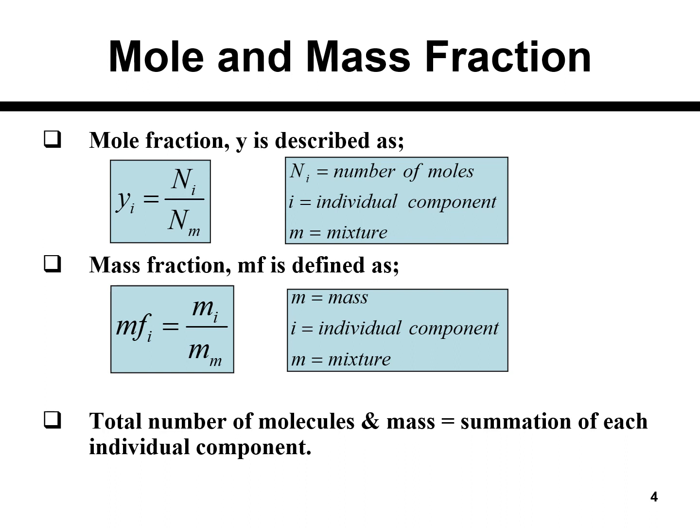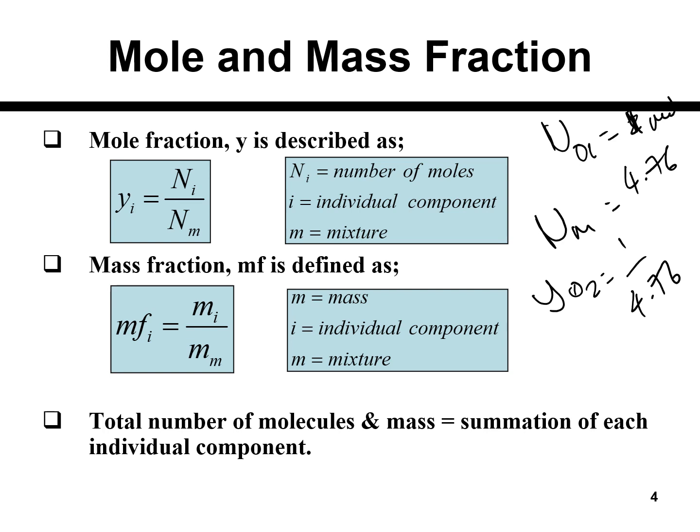For example, if the number of moles for oxygen is 1 mole, and the moles of the mixture for dry air is 4.76, then the mole fraction Yi for oxygen is 1 divided by 4.76,